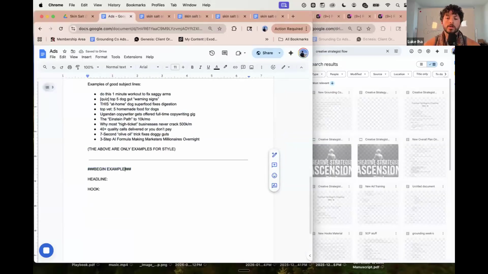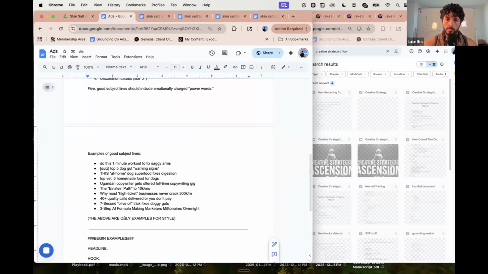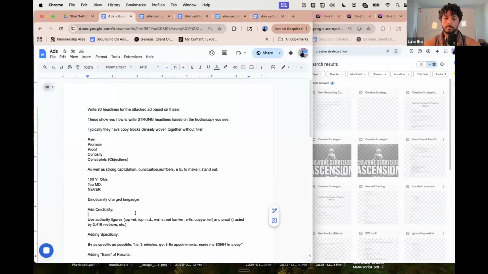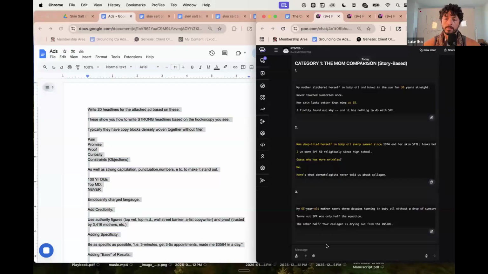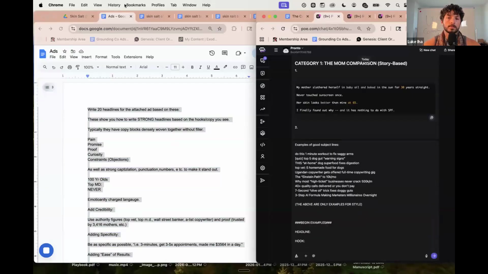And then what I do is I put the headline and the hook, and I just put a bunch of examples of those. That way it knows how to contextualize and create a good headline that actually works with the hook, because on Facebook, they're going to see those two things together. So then I just have like 20 examples of these, right? But let's test it raw, baby. Let's test it raw.